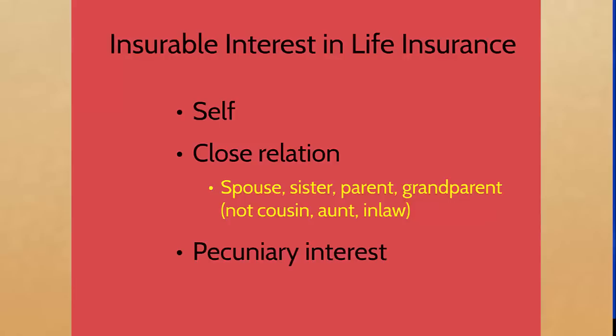Next, if you have a pecuniary interest in the insured, you can purchase insurance on them. This is a financial interest, such as a business partner, or also a business that has a key person who generates significant revenue for that business. You can buy life insurance on that person, naming them the insured and yourself the beneficiary, or the organization can be the beneficiary. Imagine if a person did not have to have insurable interest in another person. You could purchase insurance on anyone, even someone with whom you have an adversarial relationship. This would be a significant moral hazard issue.